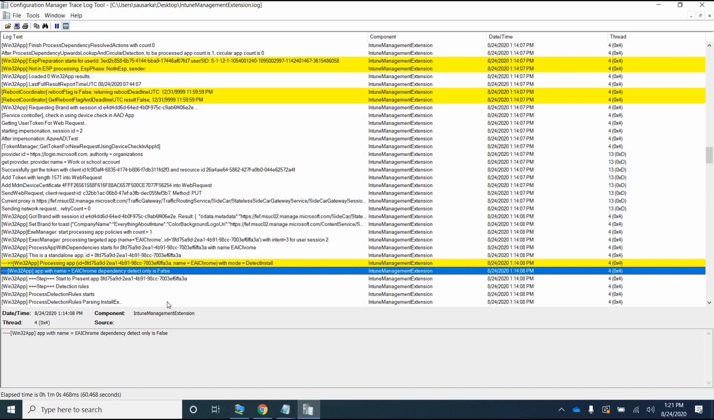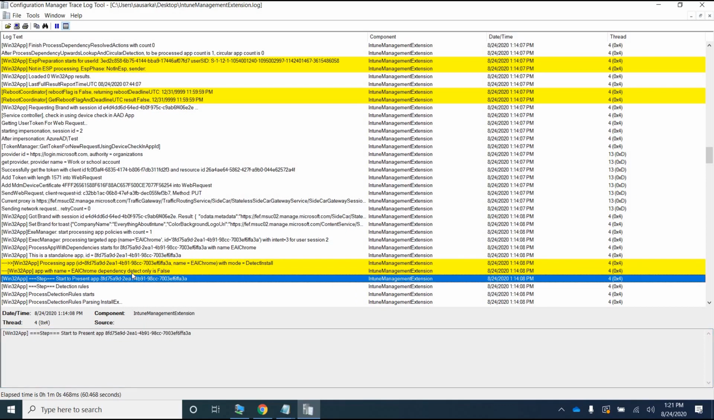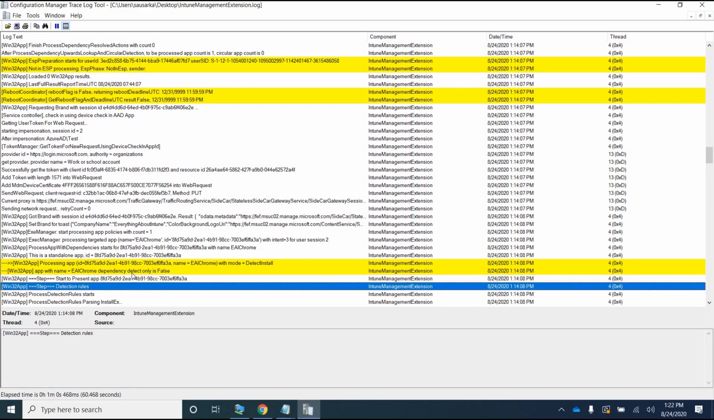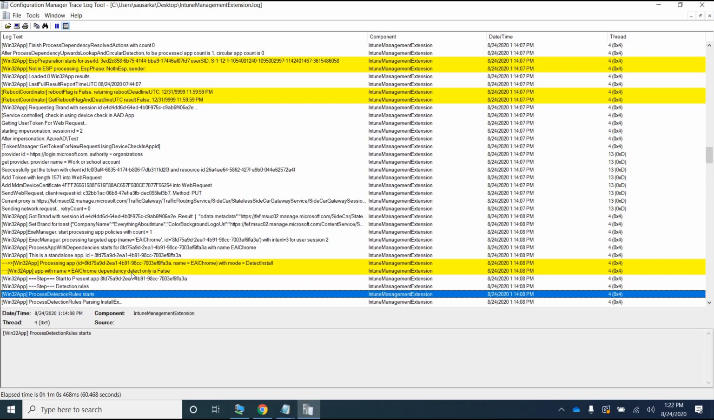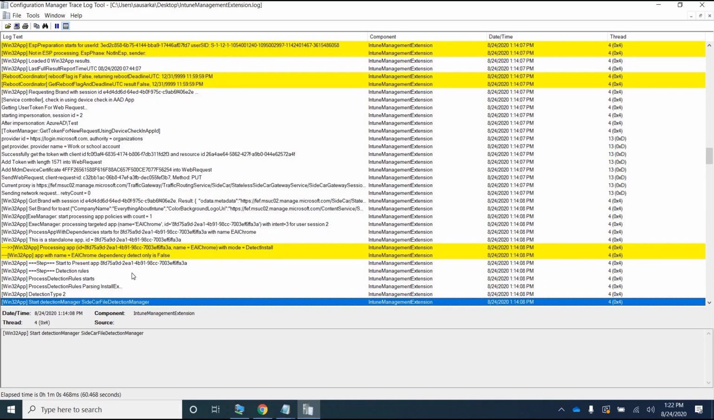And now over here it gives us this line which tells us that app with name EAI Chrome, dependency detect only is false, which means that there is no dependency. And then this is the app ID, and then it says detection rule. Now it's going to detect that there are no other dependencies on Chrome, so let's just install Chrome. But before we install Chrome, let's make sure whether Chrome is already installed or not. If Chrome is already installed, there is no point downloading and installing Chrome again, right? Therefore detection rule start, and then the detection rule manager parses the install ex,